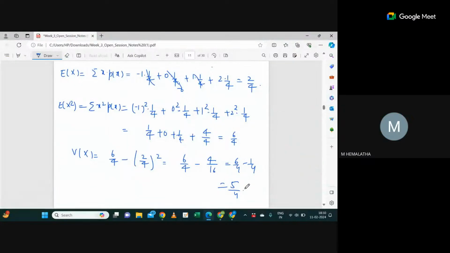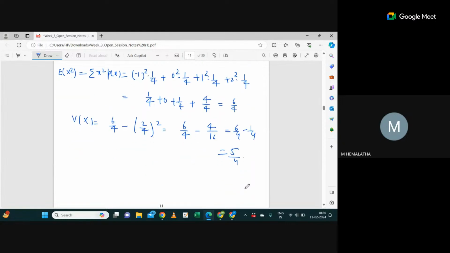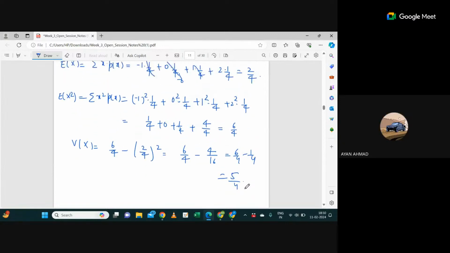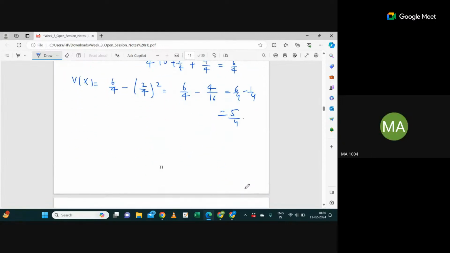Yes, sir. Got it, sir. So you got now how to compute this, right? Even if you reduce the answer, we'll get this, sir. Oh, 2 by 4, 1 by 2. Okay. So next topic is